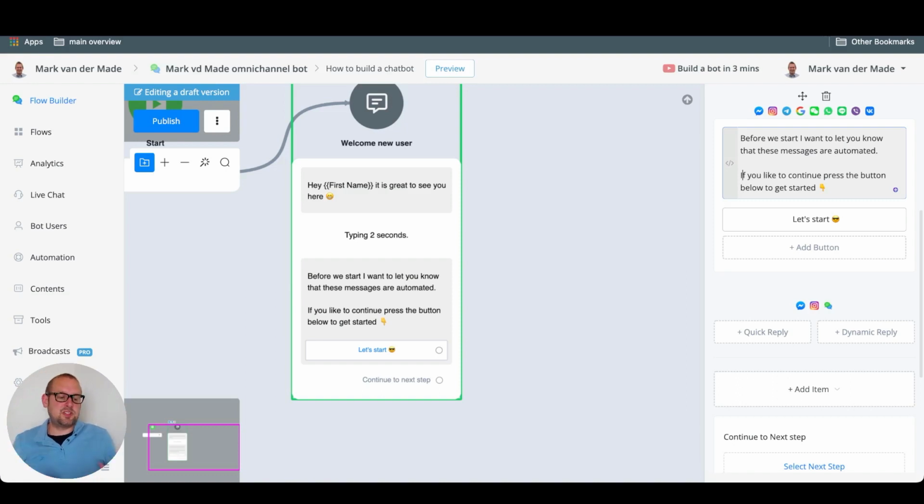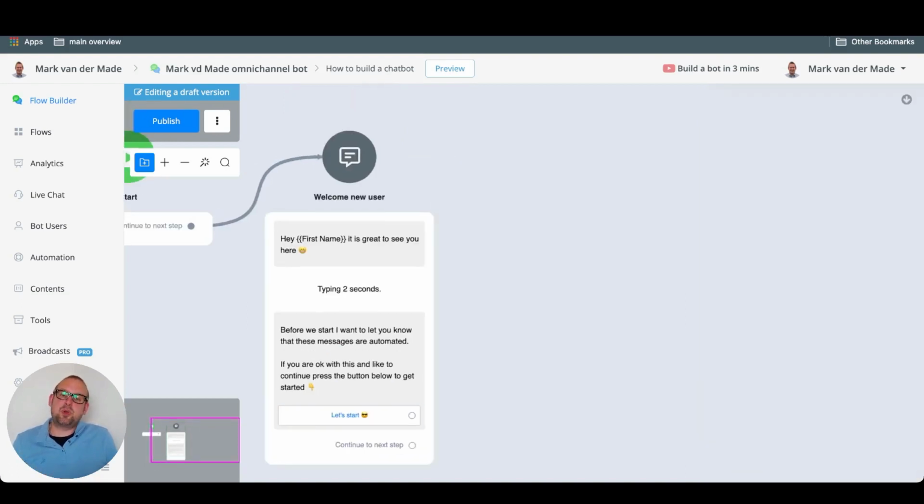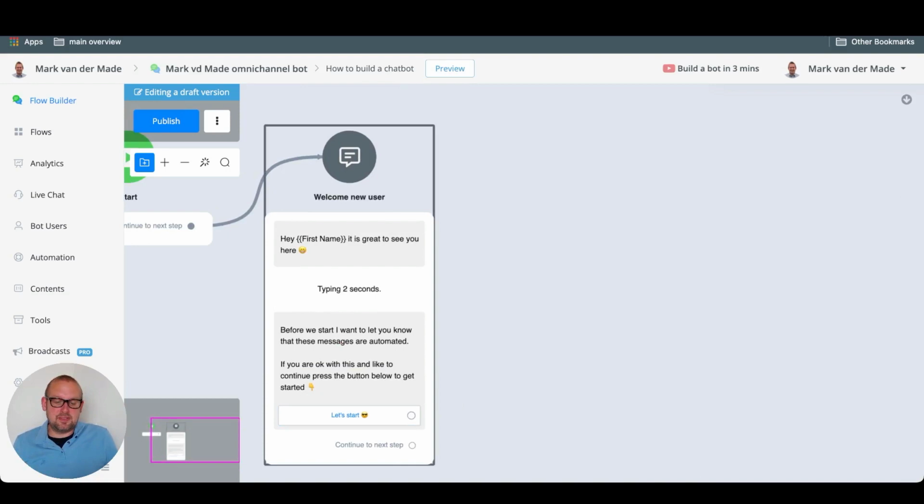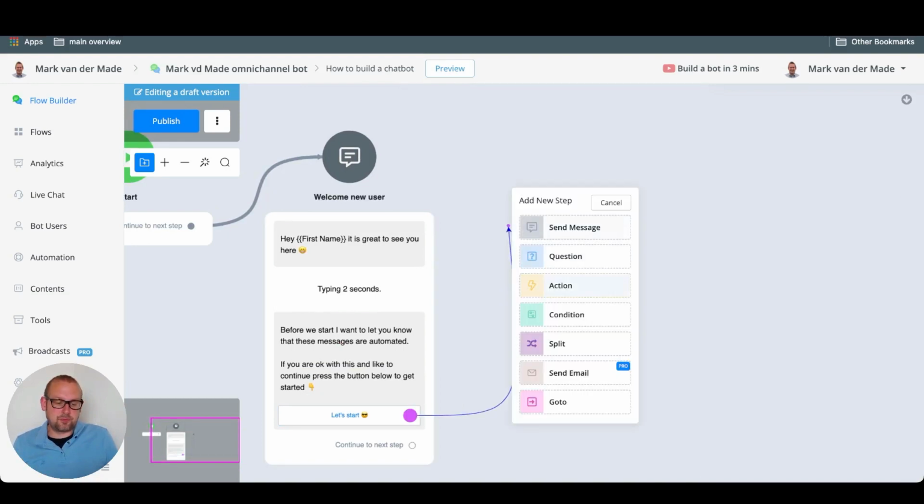And actually, let's add towards this text message, and let's make this basically a consent button, right? So as soon as they press the button, they consented to receive messages from us. So if you're okay with this and like to continue, press the button below to get started. So the next step is when they press the button, we could add a tag towards this user, towards an